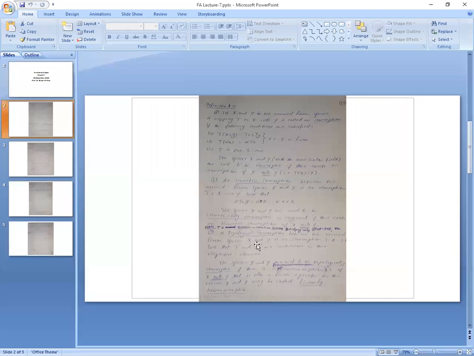And the spaces X and Y are said to be topologically isomorphic if there is a topological isomorphism from X onto Y, or you can say that if there is a homeomorphism